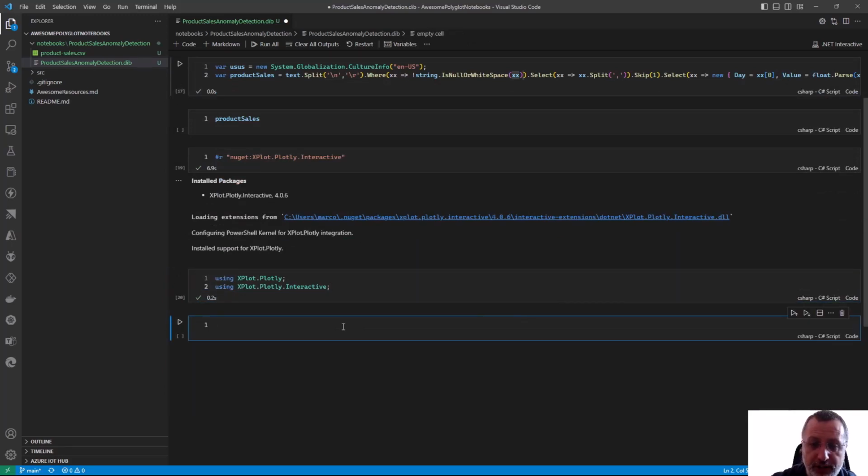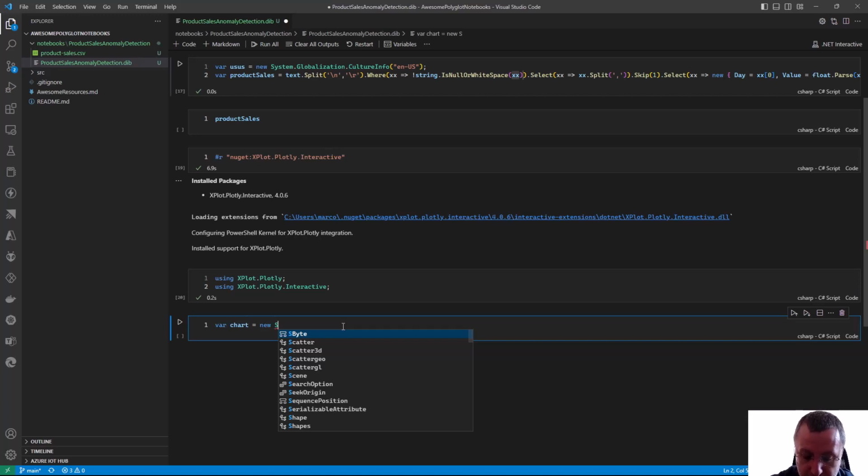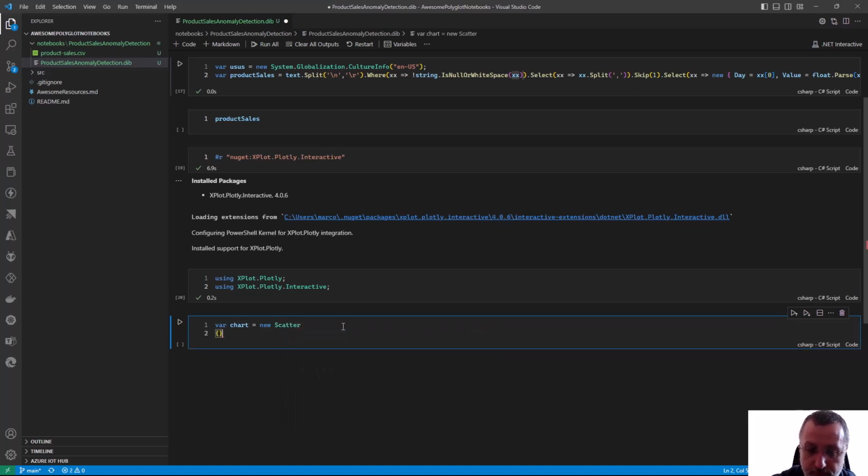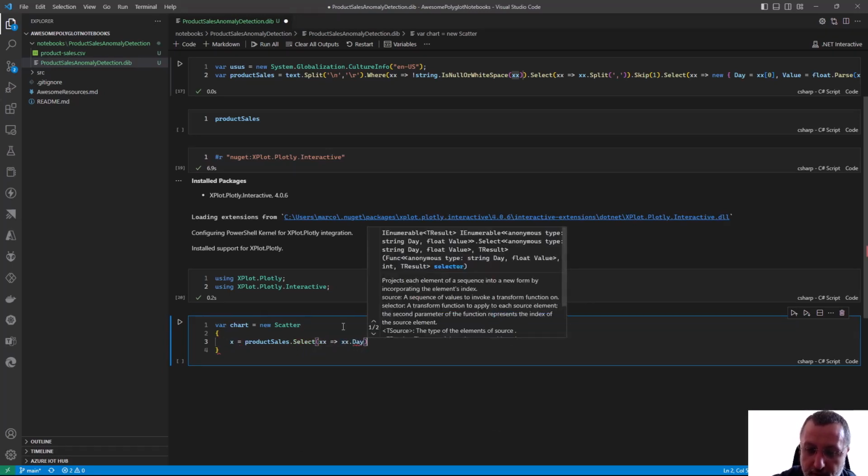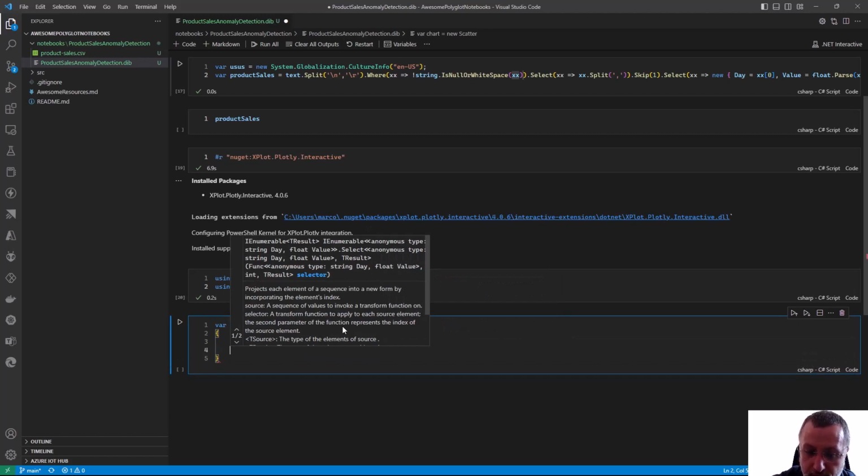Okay, in productSales I have the data, now I have to compose a chart. And we use a scatter plot. On the x-axis, I use the days, productSales select xx.day. While on the y-axis, I select